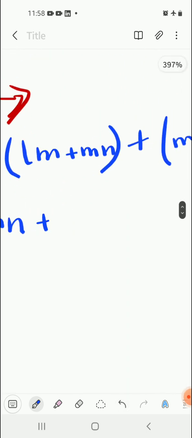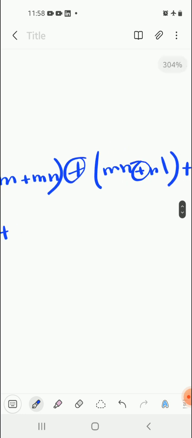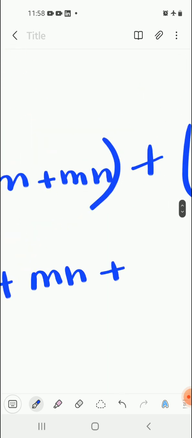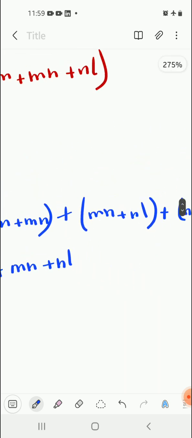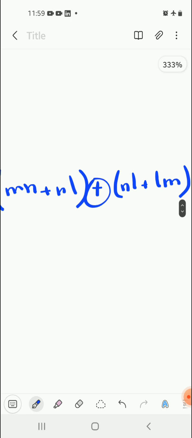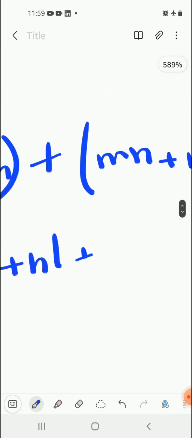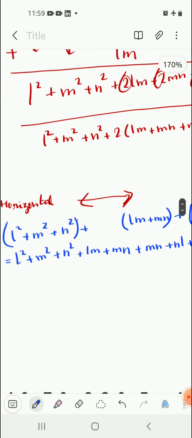Again moving on, next plus. Again with this plus gets multiplied and here nothing is written, that means there is also a plus here. So now plus Mn and plus Nl. So Mn plus Nl. After this, moving on, the next one plus NL and again plus into plus Ln. So plus NL plus Ln. Now once this is done,